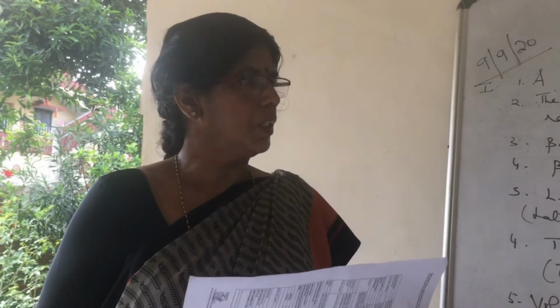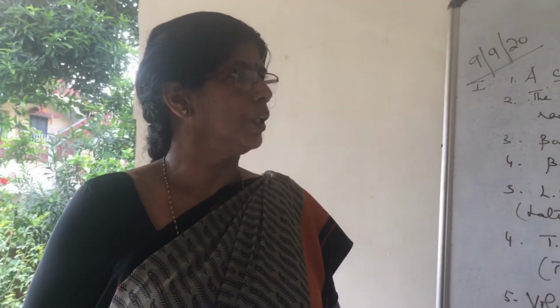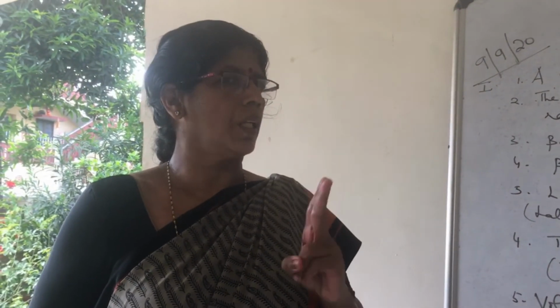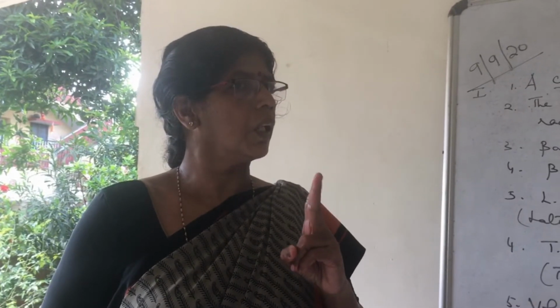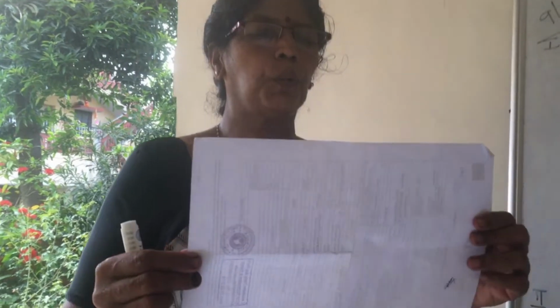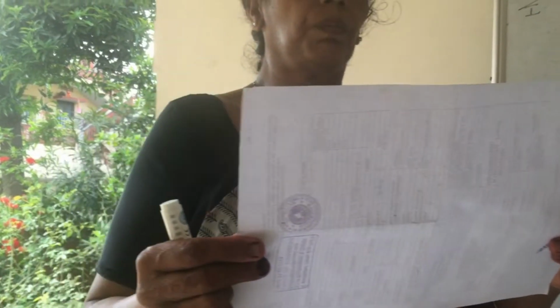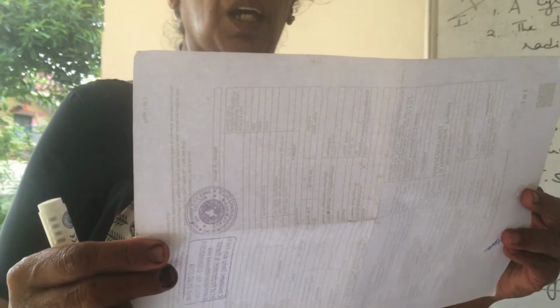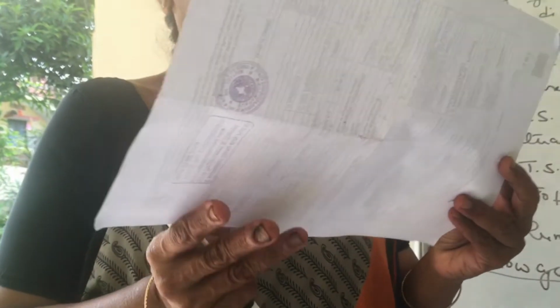A cylinder is a solid with two circular ends. We have learned this last year also, girls. A solid with two circular ends is a cylinder. Now look at this paper, children. If you take this paper, what is the shape? It is a rectangular shape. I think you know what the dimensions of the rectangle are.